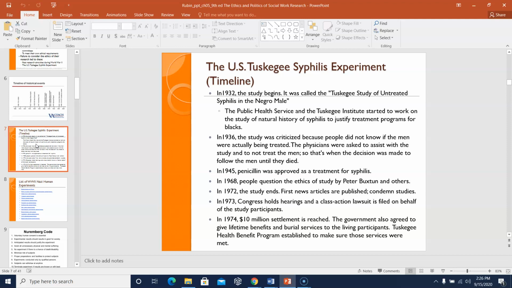These were not only African American men, but from rural areas, very likely to be uneducated. So they were people who were being taken advantage of. They were not told the whole truth. In fact, even in 1945, when penicillin was approved, they weren't allowed to have it, and since they were not really told, they kept living their lives, and they may have passed